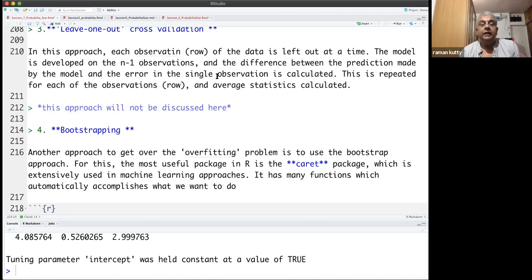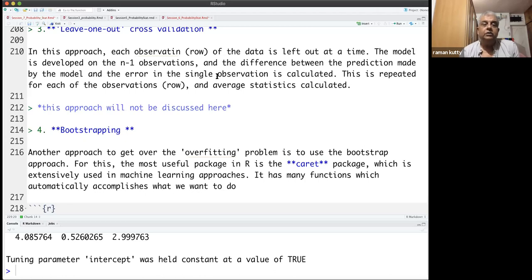split data cross validation. Then that same thing can be extended further by splitting the data randomly again and again into several. That is, first of all, you can split it into a number of subunits using one as the testing data, and this can be repeated for every segment of those divisions. That is one way. Then we can also extend this even further by repeating this whole random allocation again and again. So we can have k-fold cross validation, and n trials can be 10 or 5 or whatever it is. So again and again you're doing this and you get an average value, which may be much better option than just using one split.